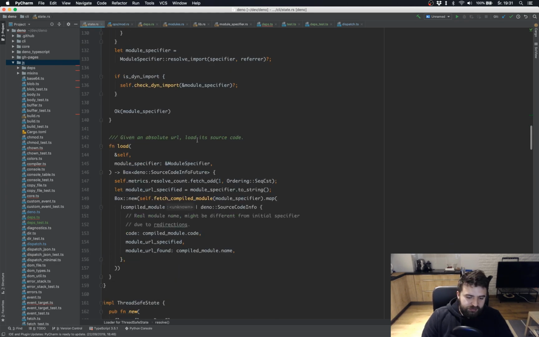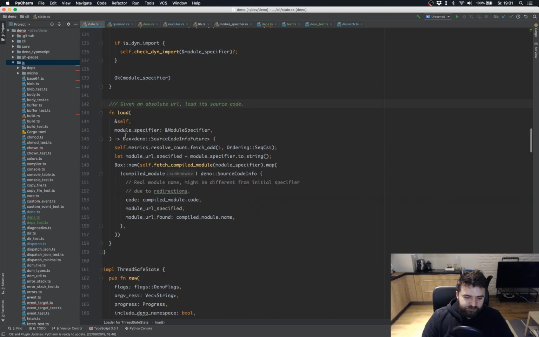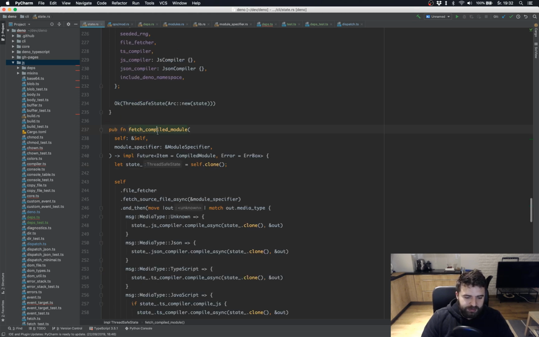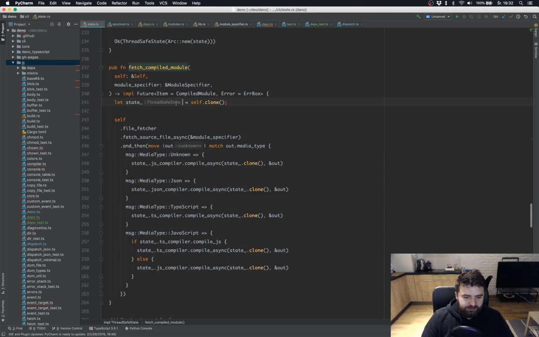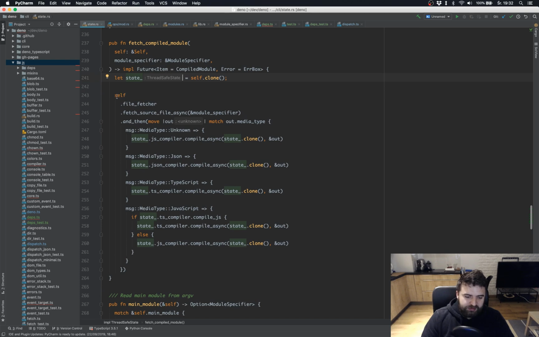And this is interesting in here because we're not just loading something from URL, because you cannot load TypeScript into V8. And actually in this step, we're compiling the TS modules on the fly to JS, and only then, after the compilation is done, we hand them to V8 to be loaded. So this fetch compiled module method is implemented also on the state, and currently